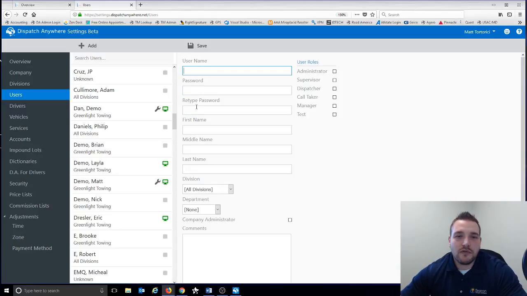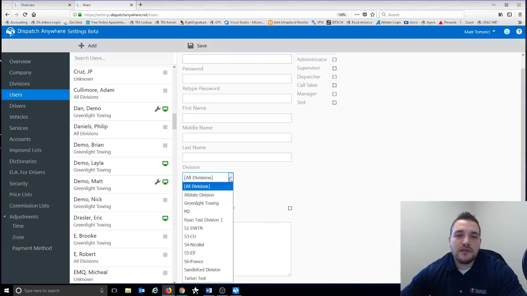Passwords, you just put a password in whatever you want to use. First name and last name is required. If a person's going to be only using one division, you can select it here. If the person's going to be managing calls from all different divisions, you'd want to make them an all division